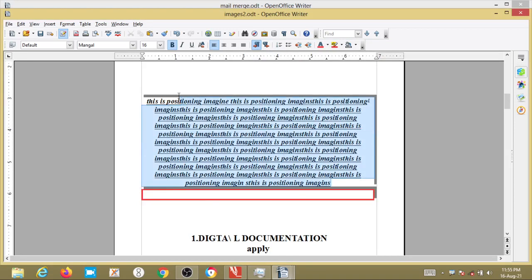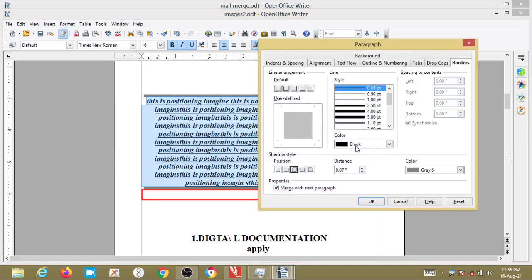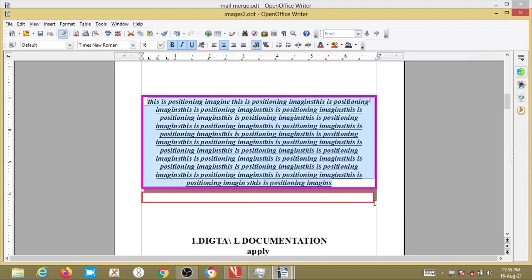If you want it for another paragraph, you have to select that particular paragraph, then again go to Paragraph, and whichever color you want to add, you can add, and you can specify the border also. It is setting for all the borders, and you can give the thickness for that also. If you want a position, or you want to change the shadow, then give OK, and you will get a border for that particular paragraph. Clear?